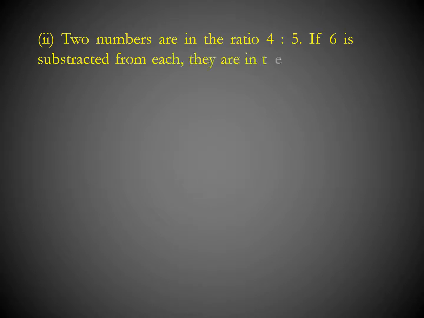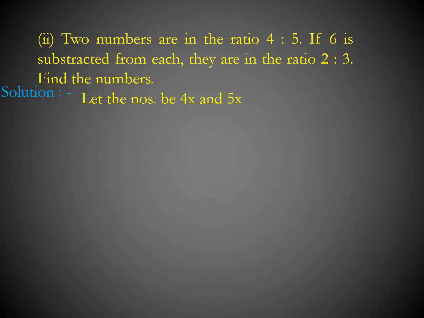Our next question is, two numbers are in the ratio 4:5 and if 6 is subtracted from each, they are in the ratio 2:3. Find the numbers. So let the numbers be 4x and 5x using a thumb rule. Now what is given if 6 is subtracted from each? So subtract 6 from 4x and 5x,